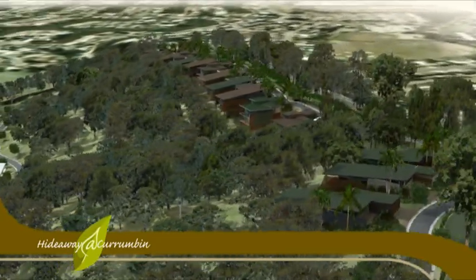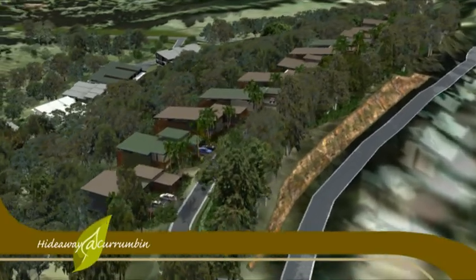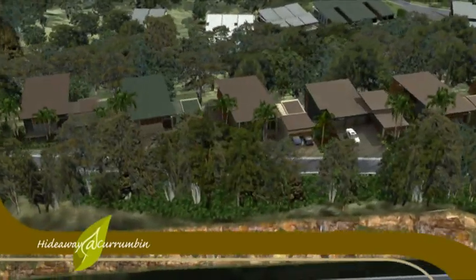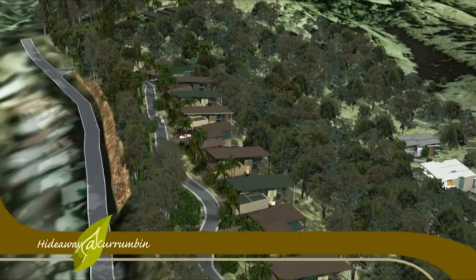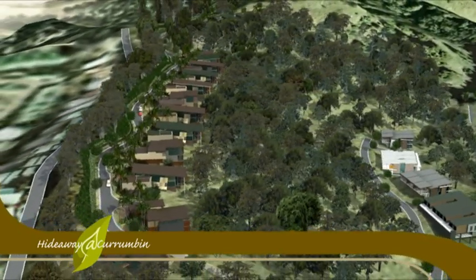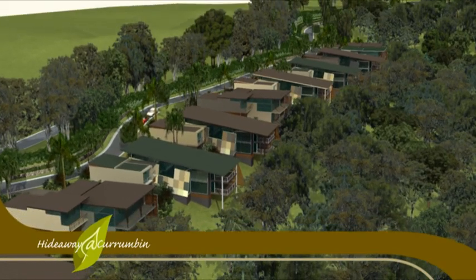A central focus of our design philosophy for Hideaway at Currumbin has been to demonstrate design solutions that are innovative and site-responsive and to address visual amenity concerns. Extensive architectural and design investigations have been carried out to date, and a detailed modelling and visualisation process has been undertaken to allow further visual assessment of the proposed development and to act as a guiding tool in the design evolution. The North Ridge lots provide an example of this process, whereby